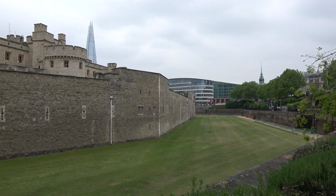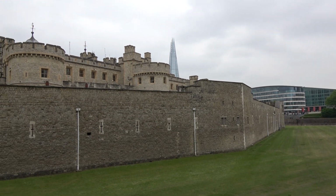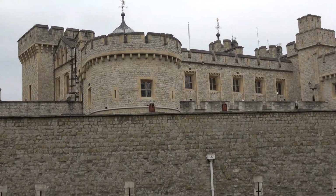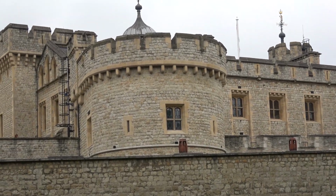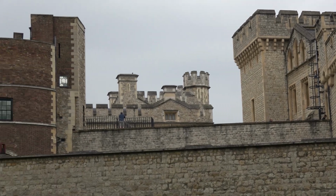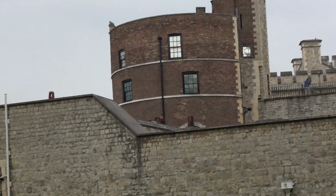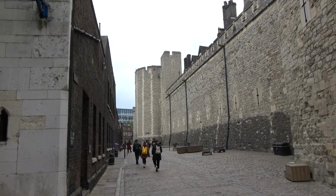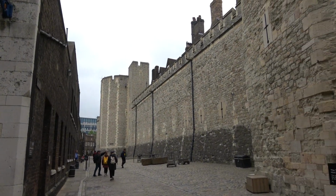The castle was used as a prison from 1100 until 1952, although that was not its primary purpose. A grand palace early in its history, it served as a royal residence. As a whole, the tower is a complex of several buildings set within 2 concentric rings of defensive walls and a moat. There were several phases of expansion, mainly under Kings Richard I, Henry III, and Edward I in the